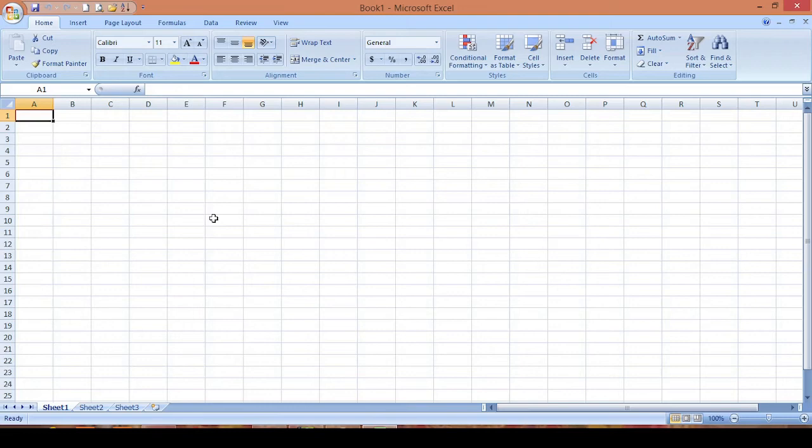Hello programmers, in today's class we'll see how we can write formulas in MS Excel. To write a formula you have to use operators. You can use arithmetic operators, which are plus, minus, into, divide. Always remember one thing: when you are writing a formula, put an equal to sign before you write